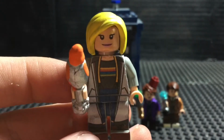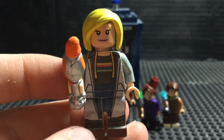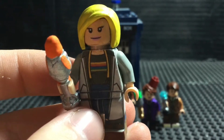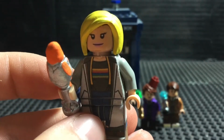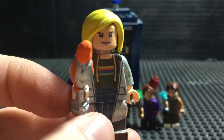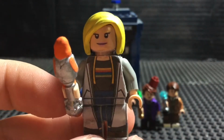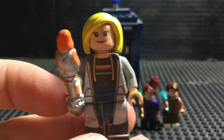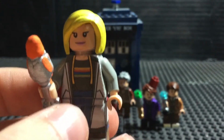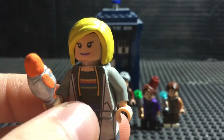So, when I saw the teaser, the reveal on who the next Doctor was going to be, it was just like, oh, I need to make a minifigure. At the time, I wanted to wait a little while, because it's just like, what is her outfit going to look like? I want to see if I can do it pretty well. And for a while, we didn't see anything except for the teaser, so I thought, okay, the teaser is what's going to be her outfit, which is pretty much a big gray coat with black underneath, and with a hood. So I started making on that,